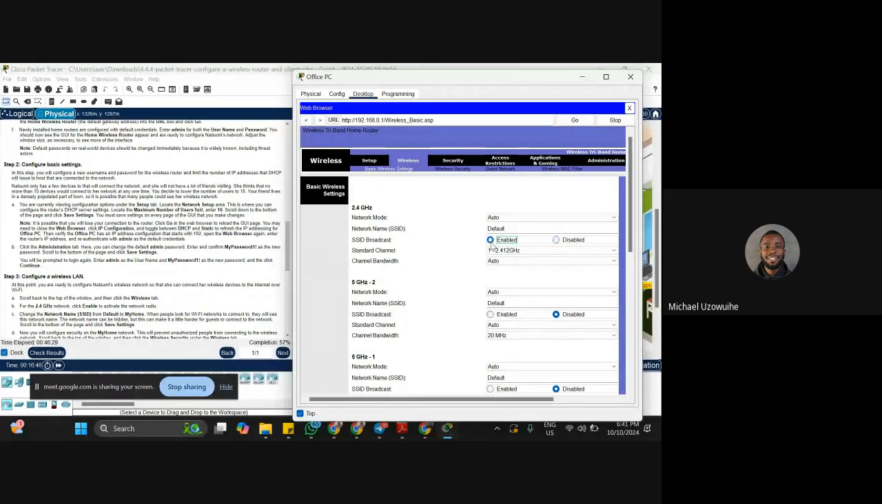So we'll enable it. When we enable it, we will change the network name, the SSID. As I told you, always change the network name. So we'll change the network name to my home. So once we have done that,